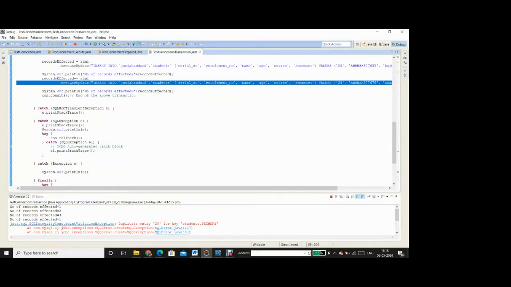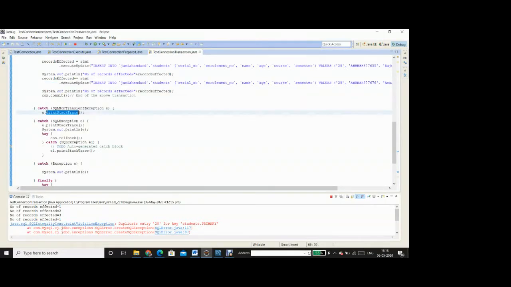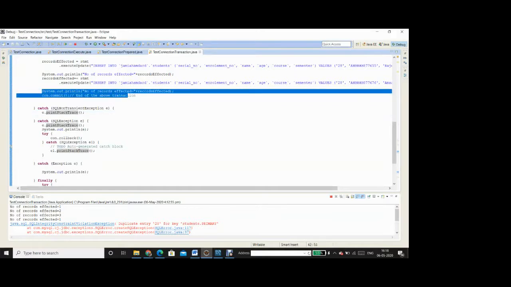And from this line number, the control has jumped to the first catch block. So these two lines are not executed. So the commit statement has not been sent.